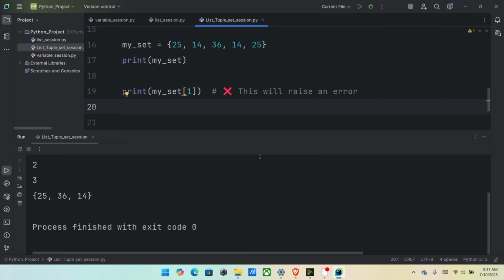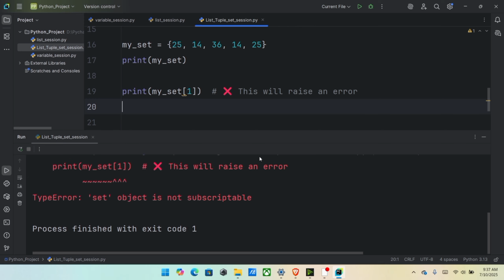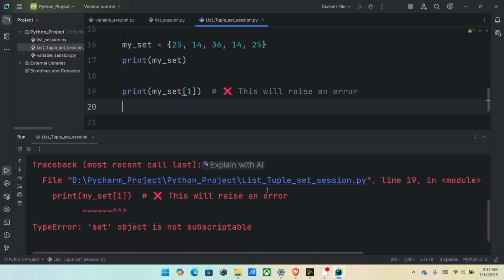Now run this. Python will raise a type error because sets don't support indexing.